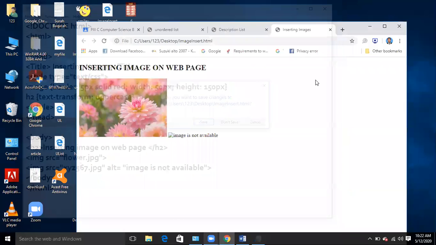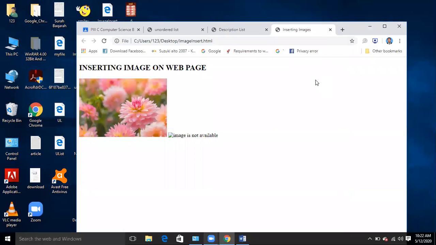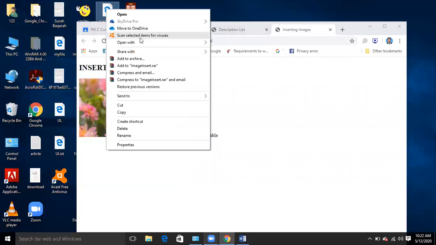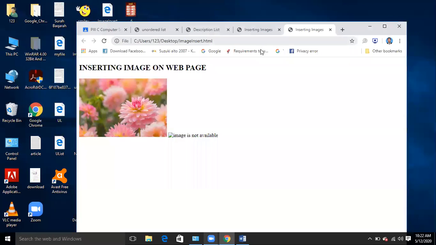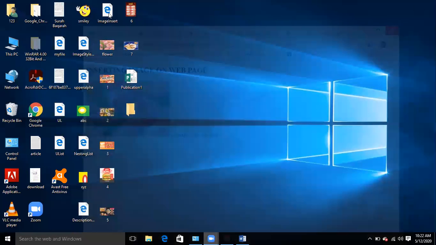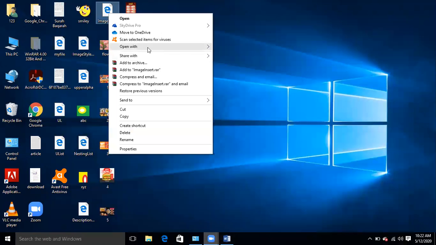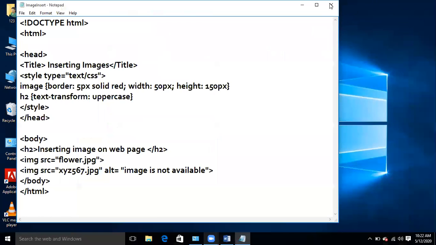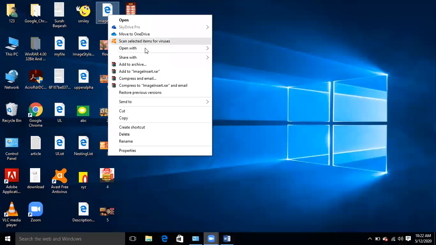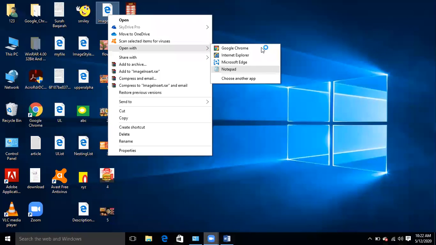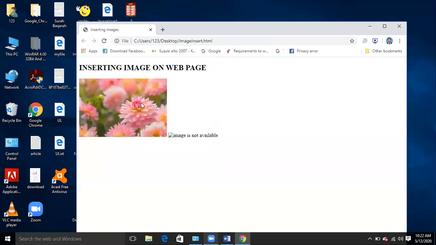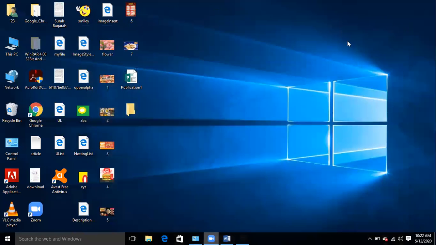Okay. I'm going to refresh this file. A file can also be refreshed by pressing F5. But if it does not work, then you can open the file in Google Chrome. So it is going to make some change in the size of the image. But right now there isn't any particular change. But we can change the size over here.